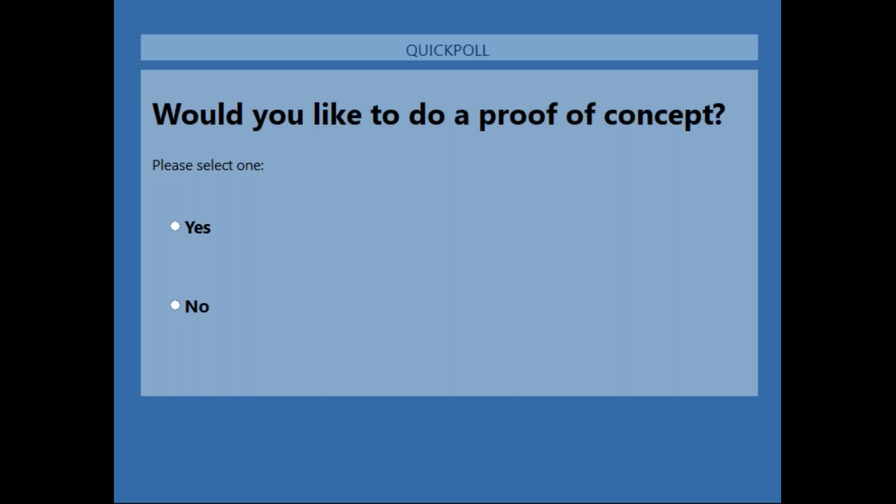It is a free proof of concept, typically for about 30 days, that allows you to do a test drive of the product in your environment. It allows us to confirm with you that everything is synced up and works properly. And it allows you to basically get your hands dirty with SnapStream and confirm all the functionality that I've gone over and see it in person with your end users, with your administrators, etc.